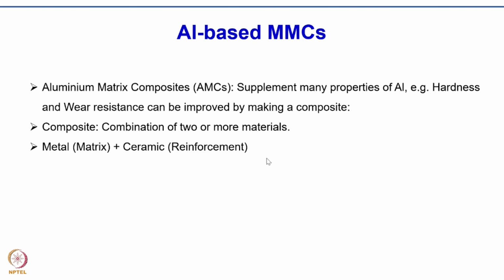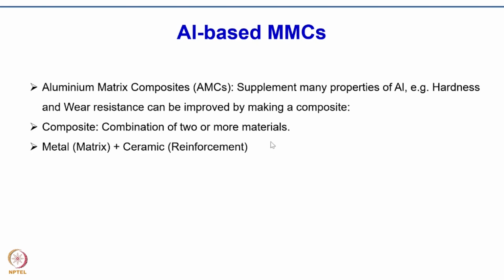That is how you can combine the properties of two different materials into one single material, and that is what is called a composite material. When you combine two or more materials together, which also gives rise to a new set of properties that the constituent materials cannot have individually, that's when we call that a composite.